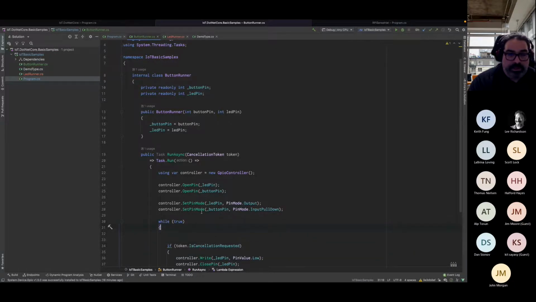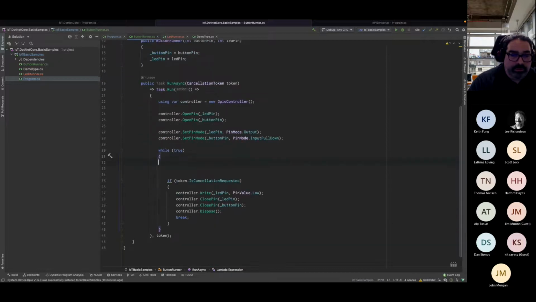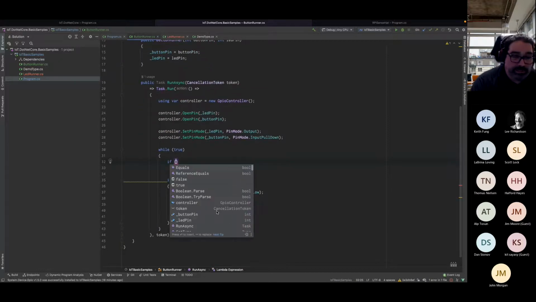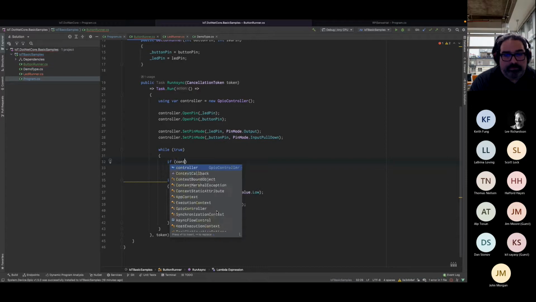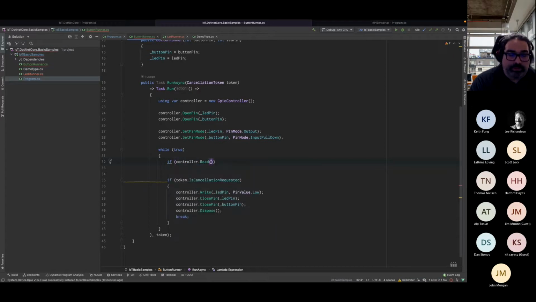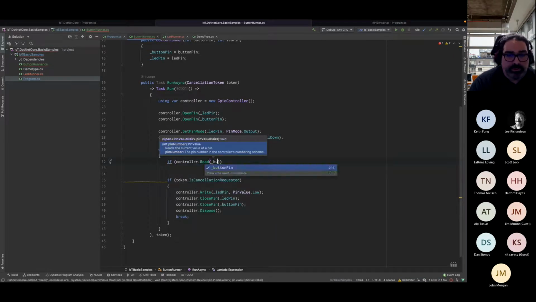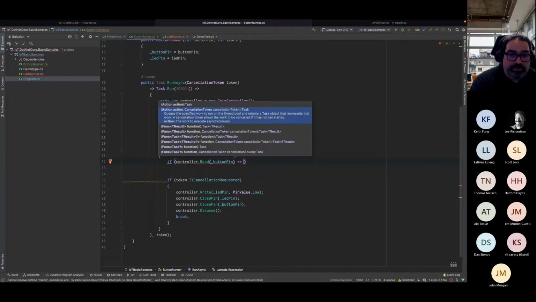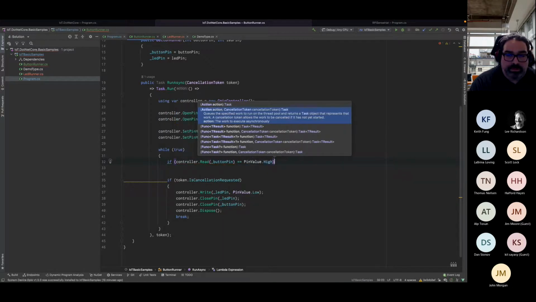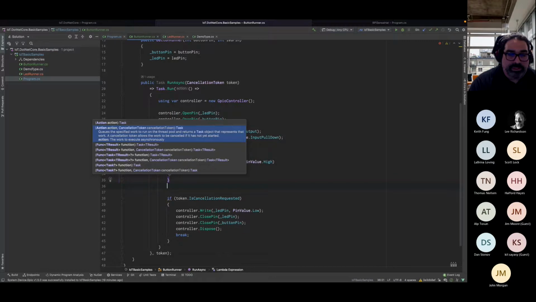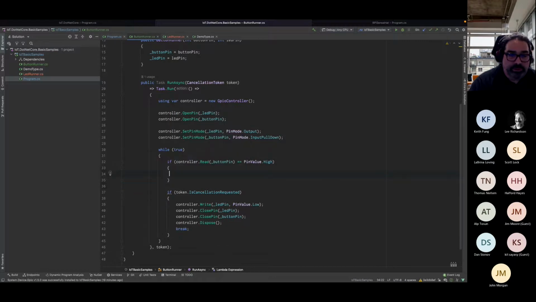Okay. And now what do I want to happen in the loop? I just want to check if read, we've been using a lot of writes. I think this is the first time we've done a read. If the value coming from the button is high, which means it is pushed, then let's just go ahead and turn on the LED.